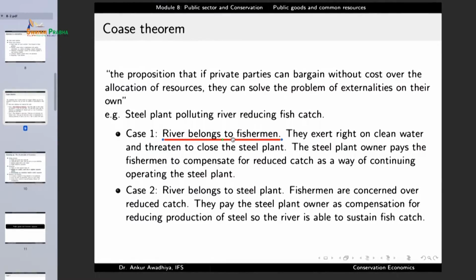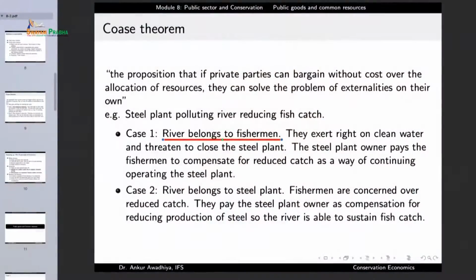So they exert a right on clean water and they threaten to close the steel plant. Now in this case, the fishermen go to the steel plant owner and say that, okay, this river belongs to us. You cannot pollute this river. If you do this, we are going to enforce our property rights and we are going to shut you down. Now, in this case, when both these parties can bargain together,